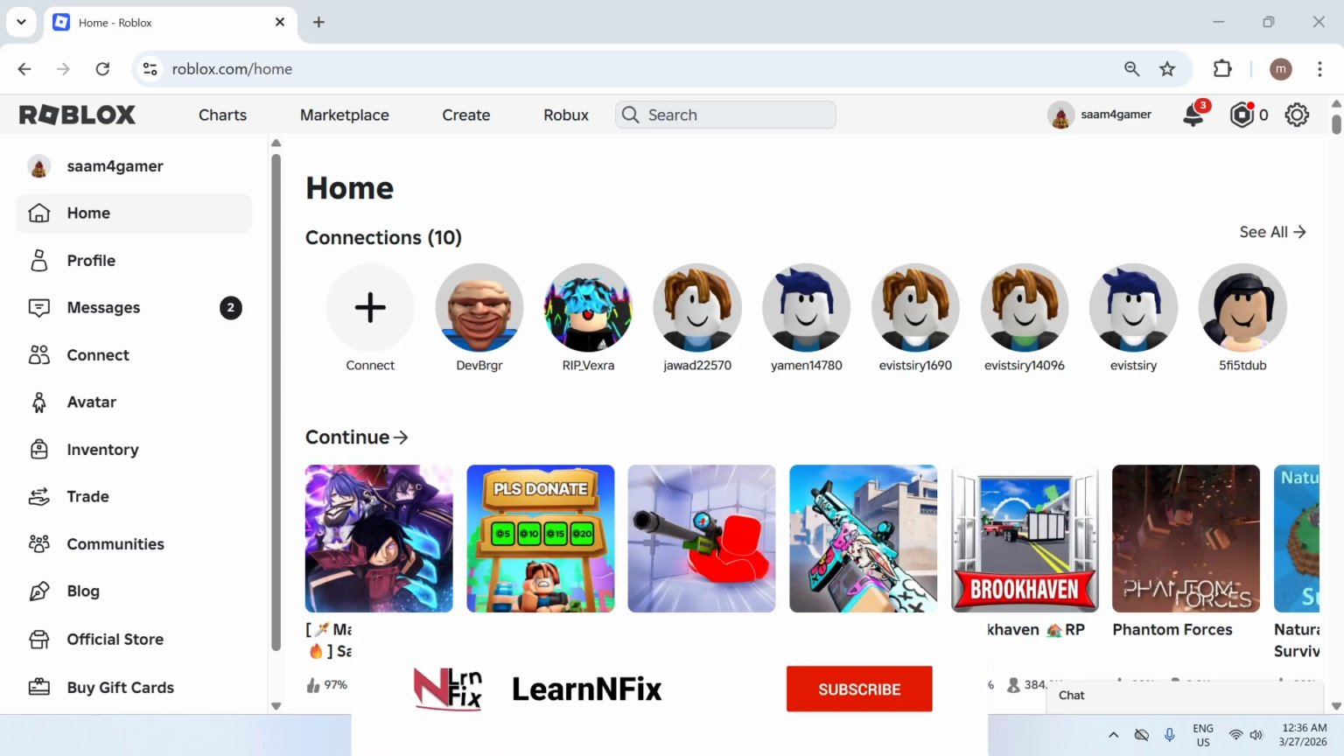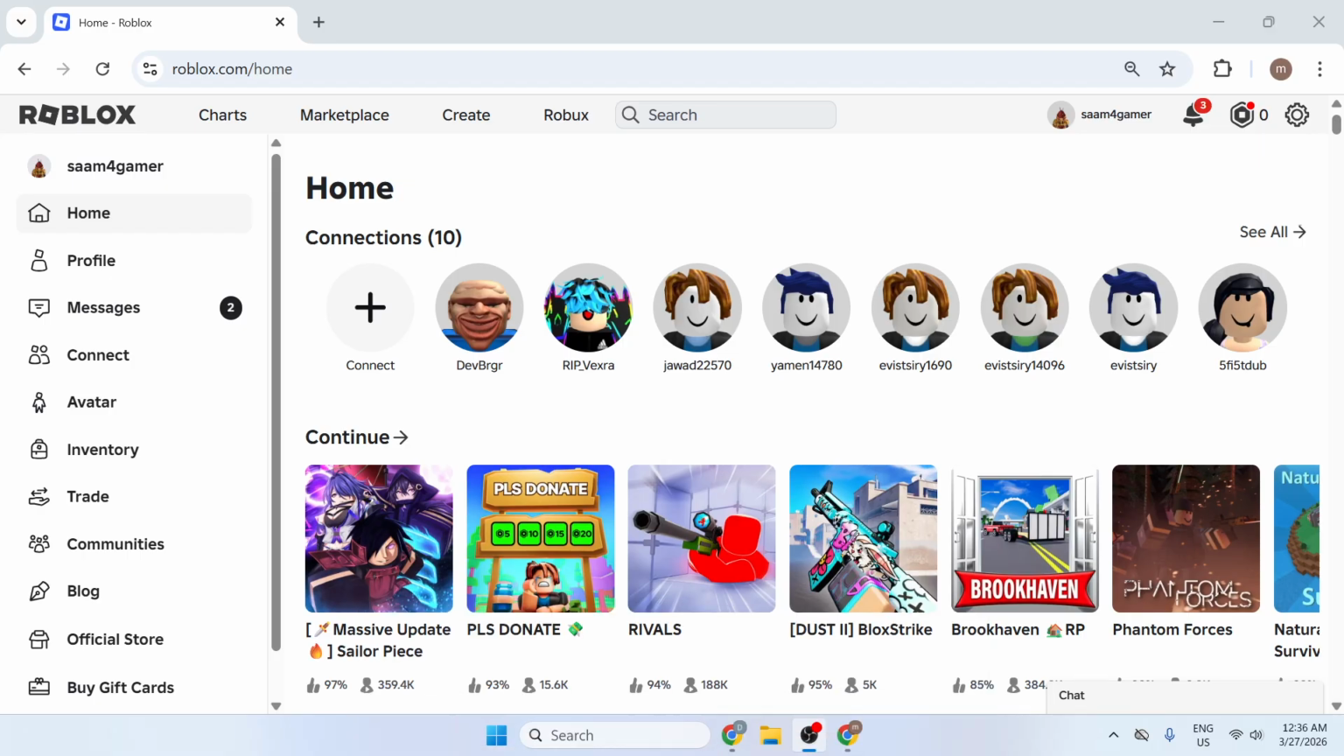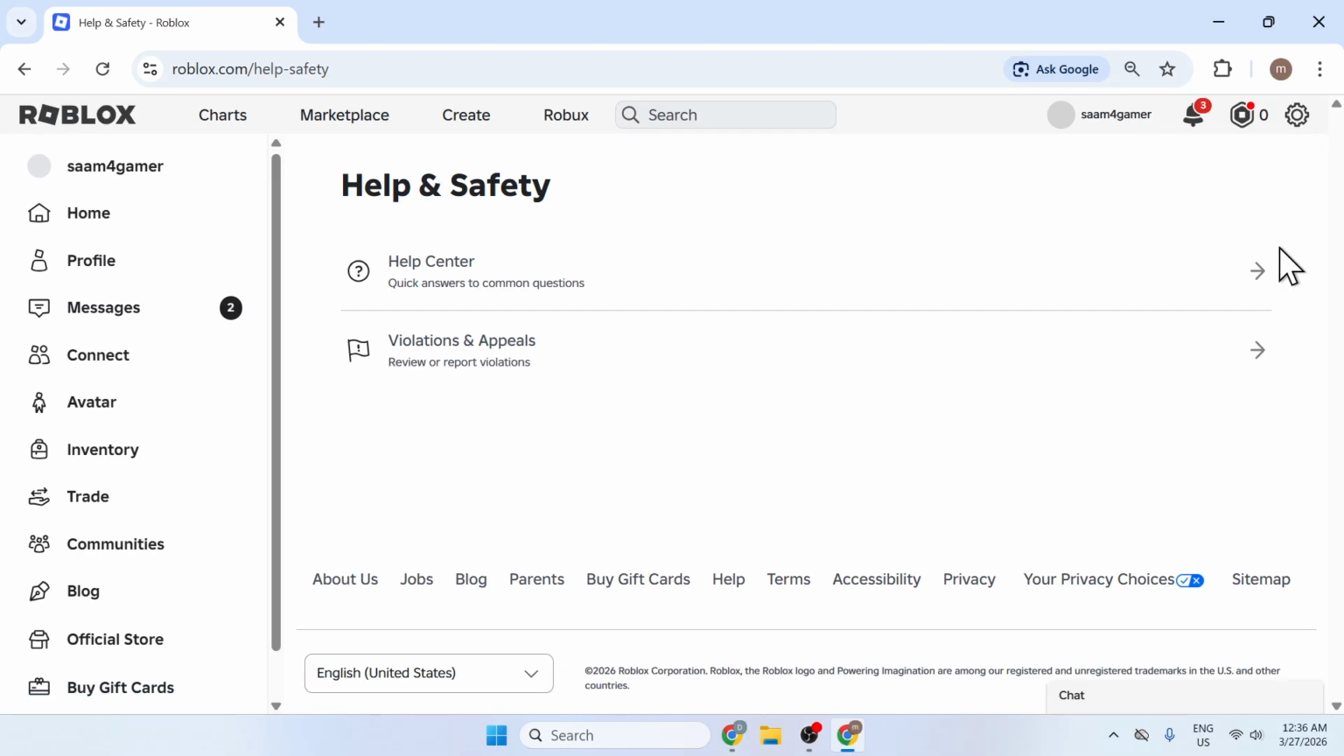In this video, I'm going to show you how to refund items in Roblox and get Robux back. First, go to your Roblox website here, go to settings, and here you're going to go to help and safety,